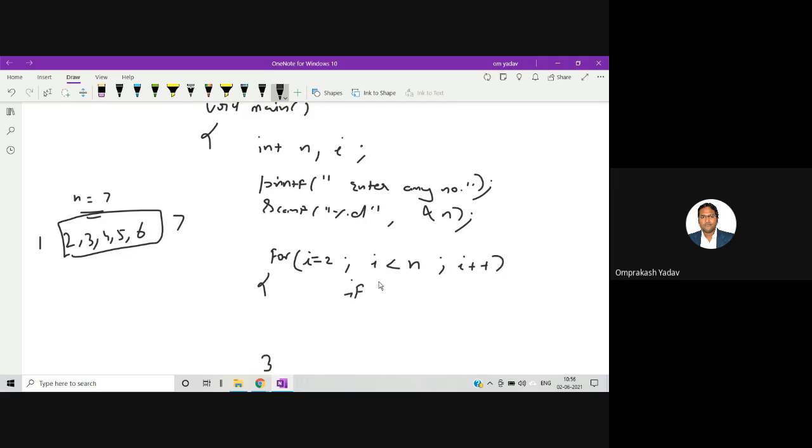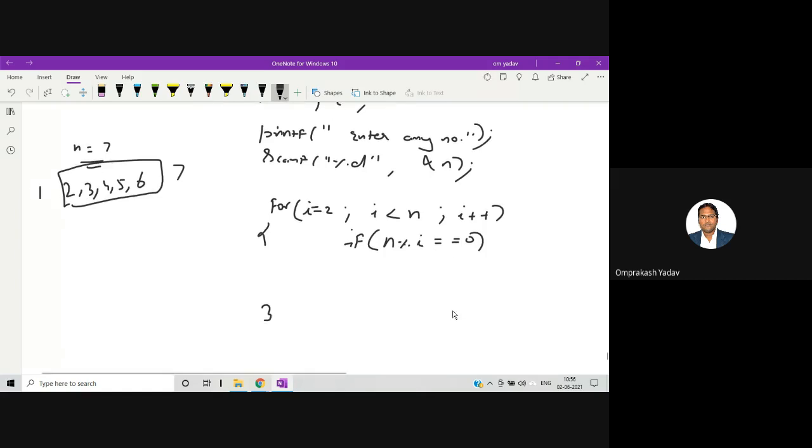If n mod i is equal to 0, right? We can say here break. So remember, I'm using a break over here. A break is a keyword which will allow you to break any particular loop.